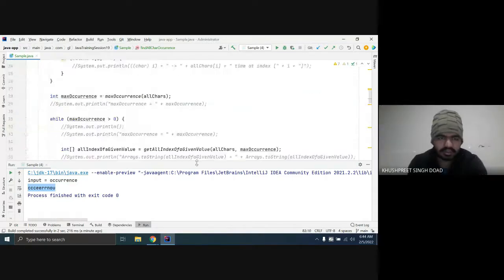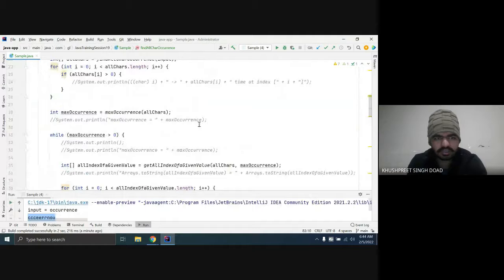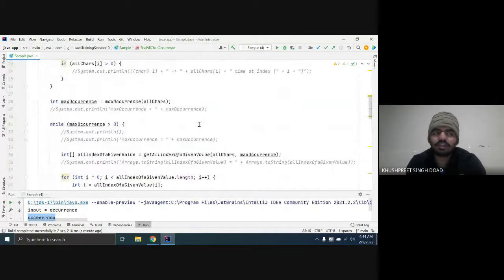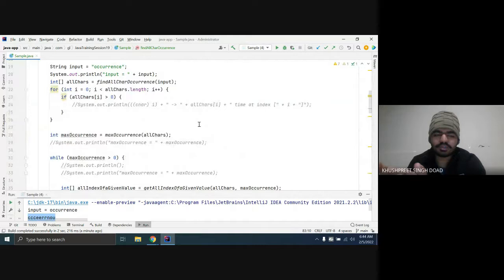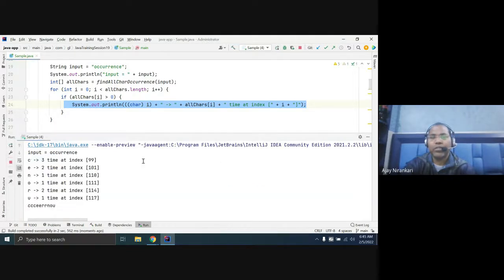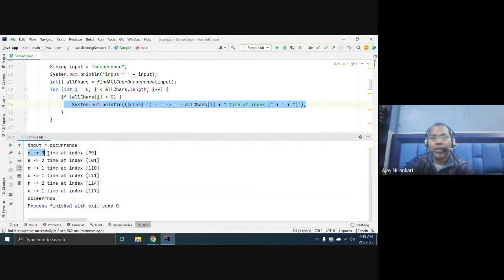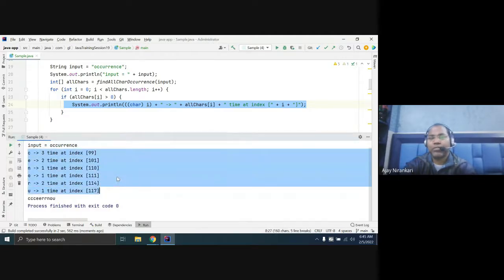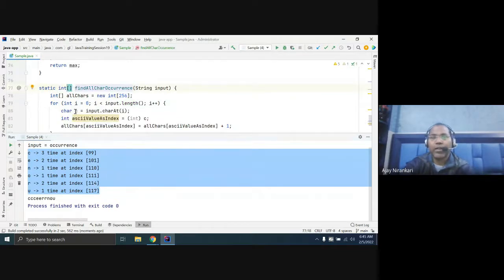Can we explain in brief? First of all, we created the index, like 3 was occurring at how many positions? If you run it, if you invoke this function, whatever input you are passing, you are getting all the occurrences at the specific positions. Is there any doubt with this? This is the static code, right? This function gives all occurrences at a specific position. Whatever character you are getting at that ASCII index, you can just add 111.